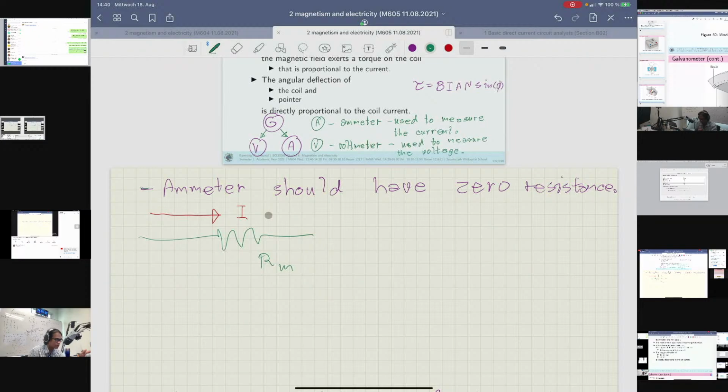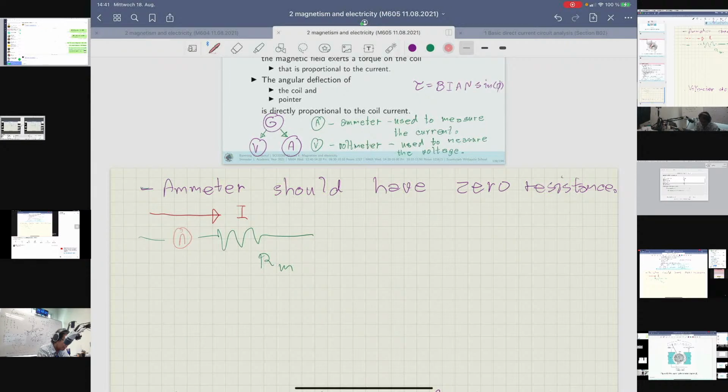The way to measure the current is that you just cut this branch and leave the current measuring device, which is the ammeter, let's say it's A here, connected there, like that. The ammeter should be connected, the ammeter has